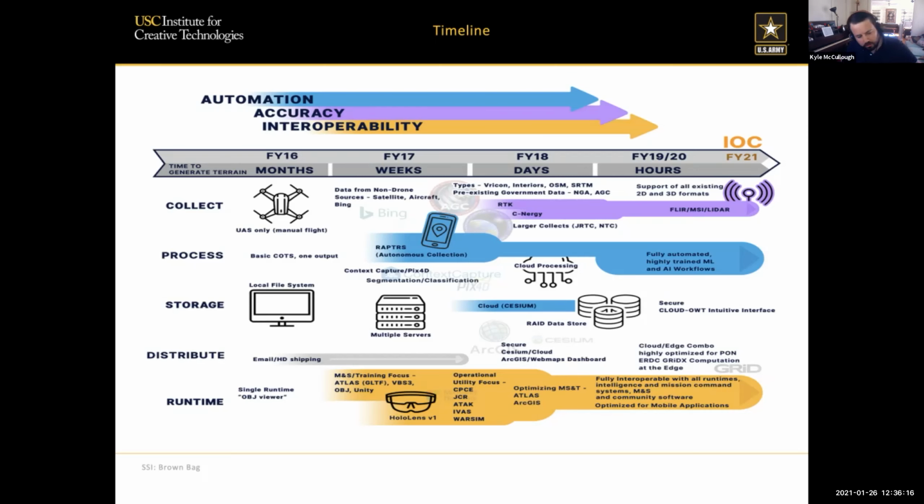If you bring it across to where we're at today, it's no longer just flying a drone and a drone collection. That's still a big part of the program, especially for high resolution insets. But we now support all manner of 2D and 3D file formats as the input into the pipeline. Going into that pipeline, being processed, creating rich feature attributed simulation ready data. All of that is part of an automated process using machine learning and artificial intelligence to output that rich simulation